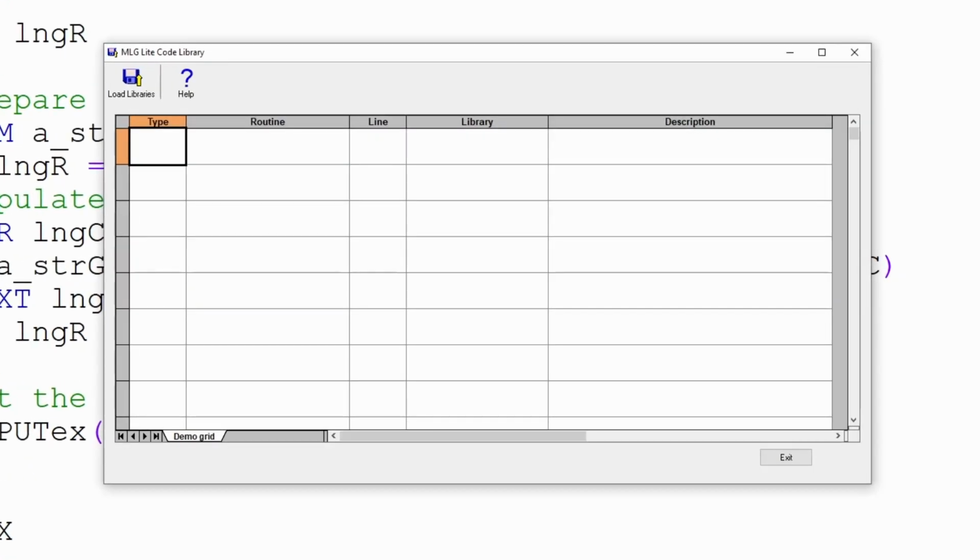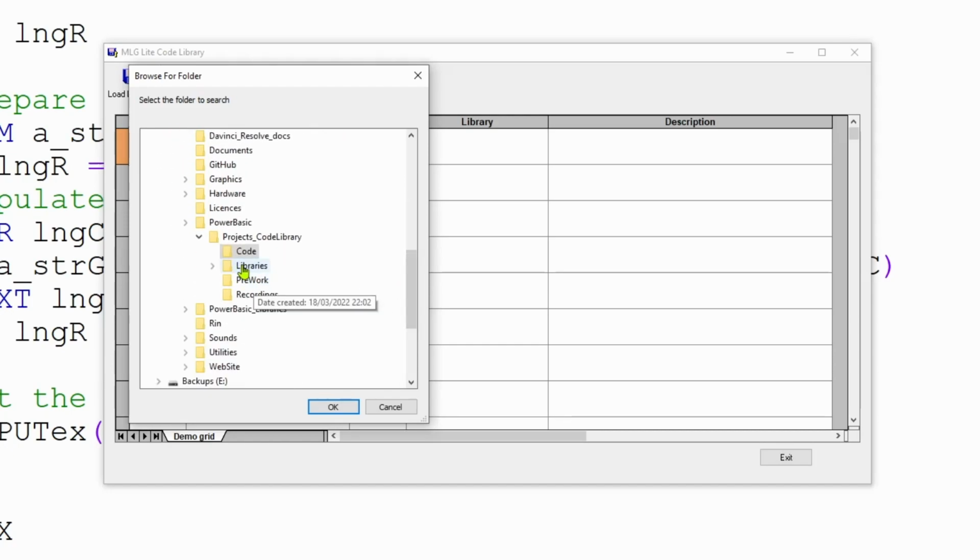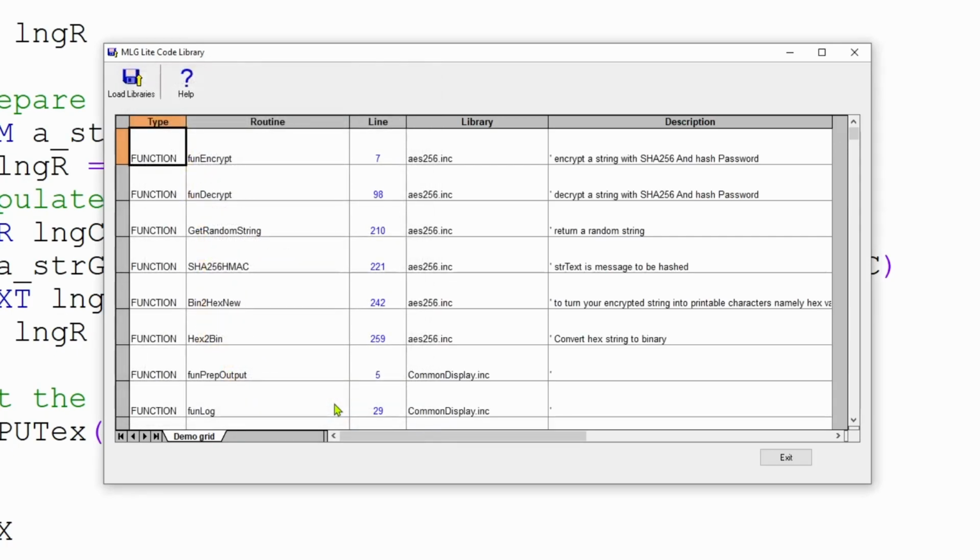Now that the application is running, let's try loading our libraries. This allows us to browse for the folder. So we pick our libraries folder and hit the OK button. Well, the information has populated on screen. We have the type of the routine, we have the routine's name, we have the line number inside the library on which this routine actually exists, and we have the description. Although we have the description populated in the cell, long descriptions are being cut off. We need to find a way of actually folding these and wrapping them around so we can see all the data.